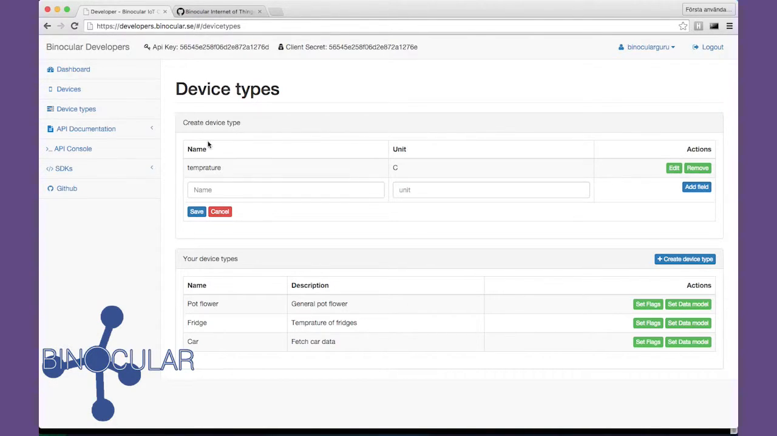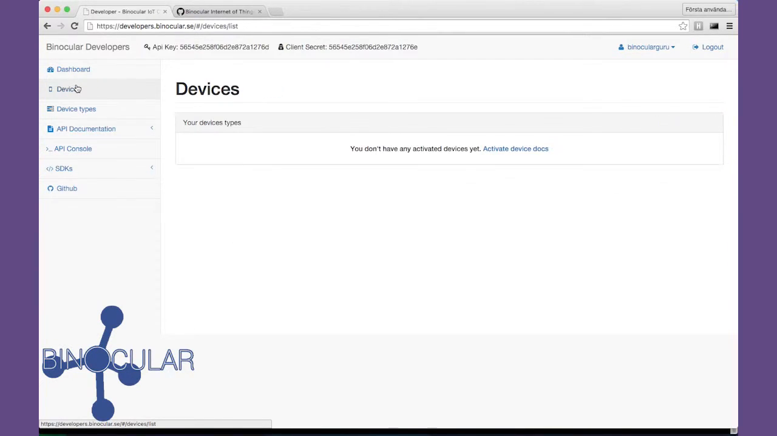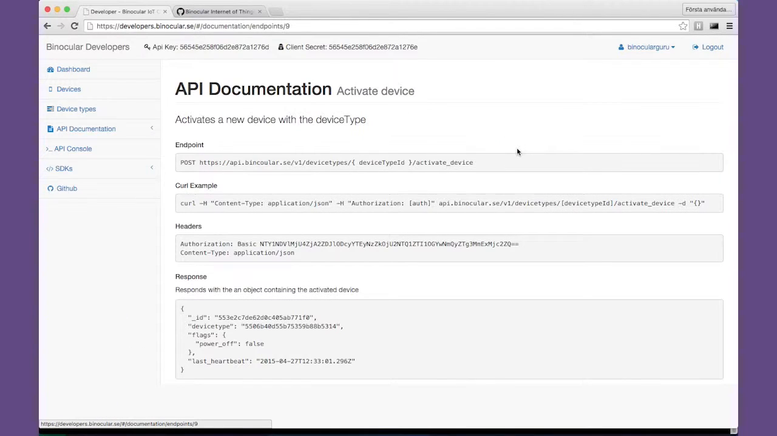So now that we have a device type, we could go ahead and activate some devices or connect devices to it. Because as you can see, you're not able to actually activate devices from the UI. The device itself has to activate. So if you go to the activate documentation here,